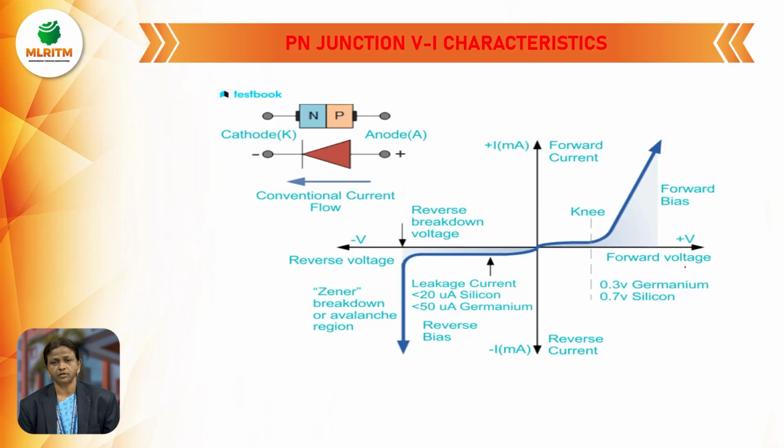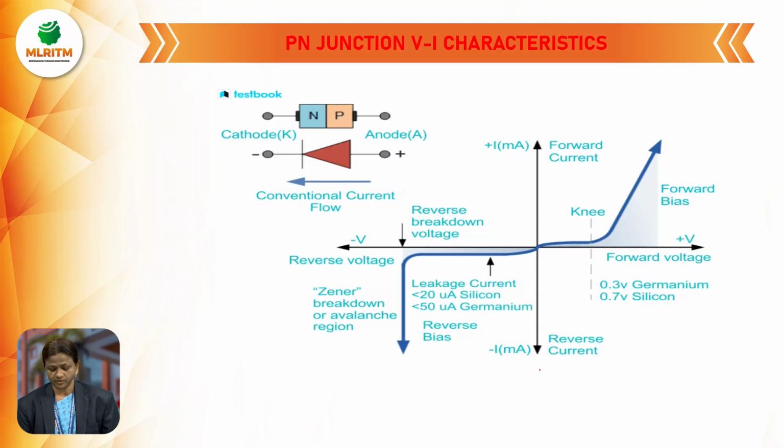Next one, PN junction diode reverse bias VI characteristics. VI characteristics gives the relation between reverse voltage and reverse current. VR is reverse voltage, IR is reverse current. This current is in the order of microamperes. So by taking VR on negative x-axis, IR